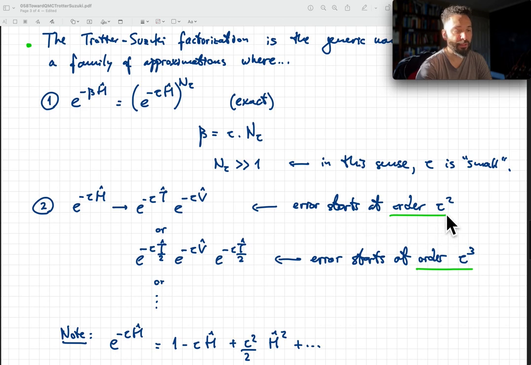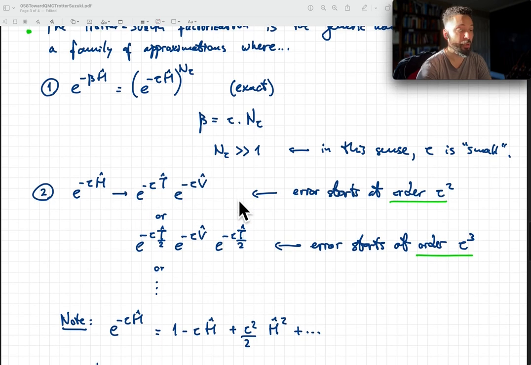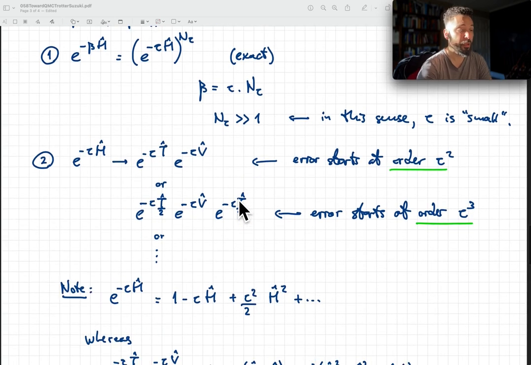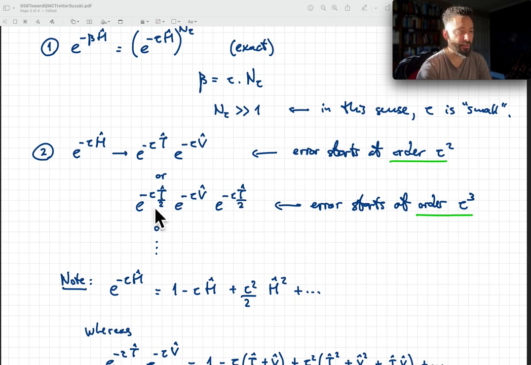So there's an error that starts at order tau squared when you consider both sides of this equation, or quasi-equation that I wrote here with an arrow. So we're trying to approximate this with this. That's why I didn't write an equality here. We could also implement a different kind of approximation scheme. This, by the way, is what we call the simplest Trotter-Suzuki factorization. And here's our next